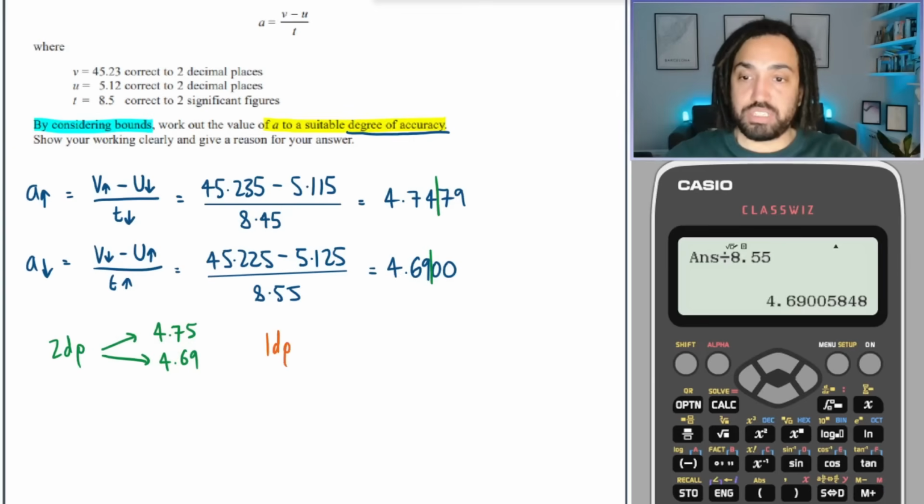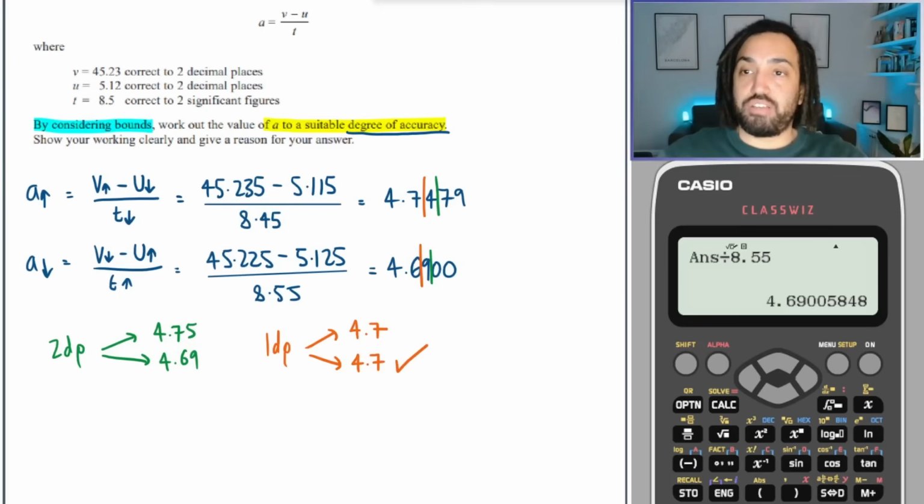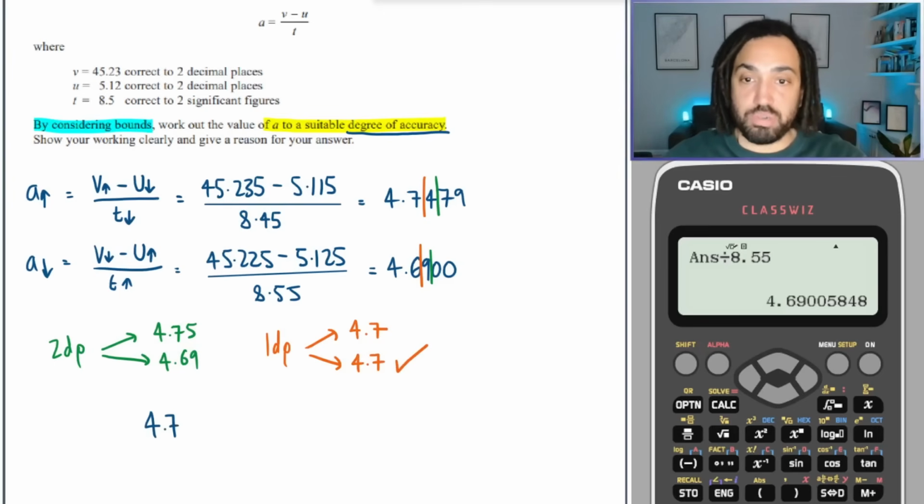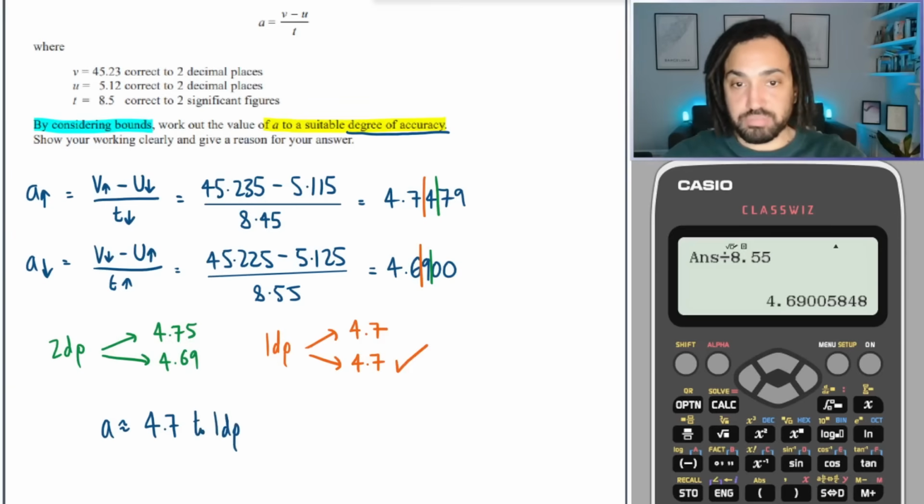1 decimal place, let's try that. Upper bound, 4.7. Lower bound rounds up to 4.7. Fantastic. So therefore, we say that the answer is 4.7. A is approximately 4.7 to 1 decimal place